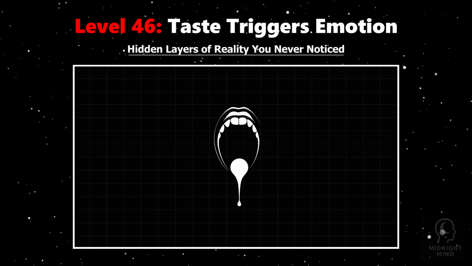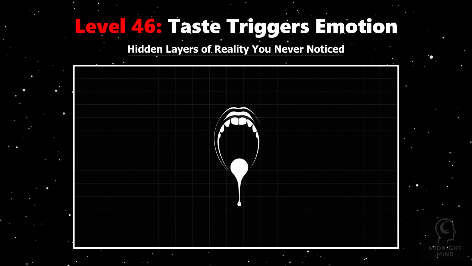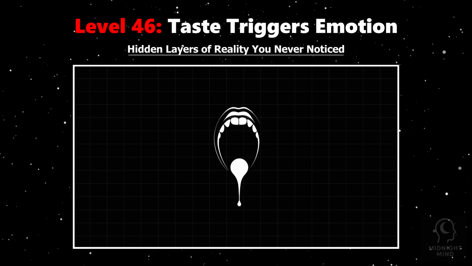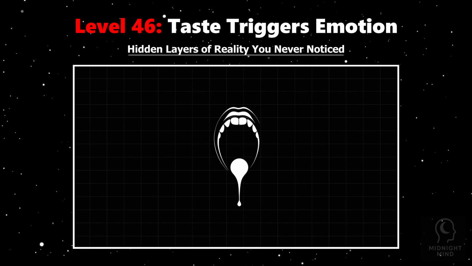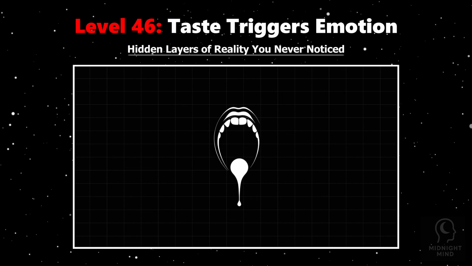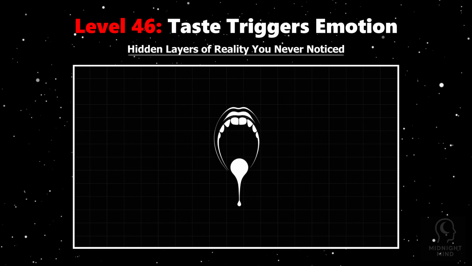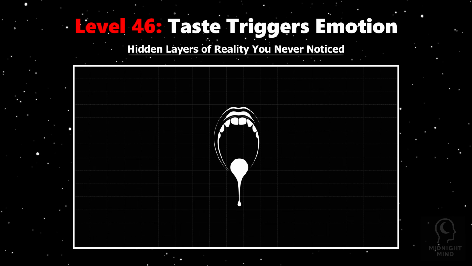Chewing the same food can unlock a hidden diary of feelings and stories stored in your brain, far beyond the chemical signals on your tongue. So next time you savor a taste, remember, it's more than flavor. It's emotion, memory, and identity intertwined, a sensory story told by your tongue and your heart.